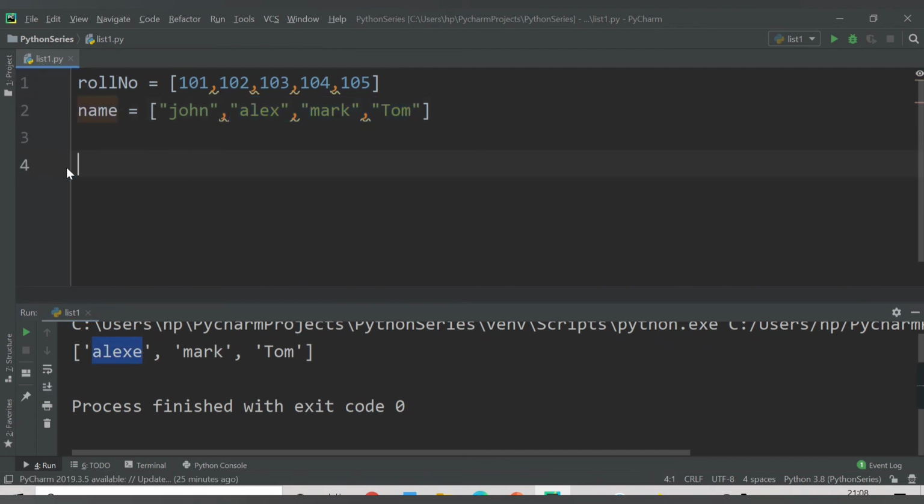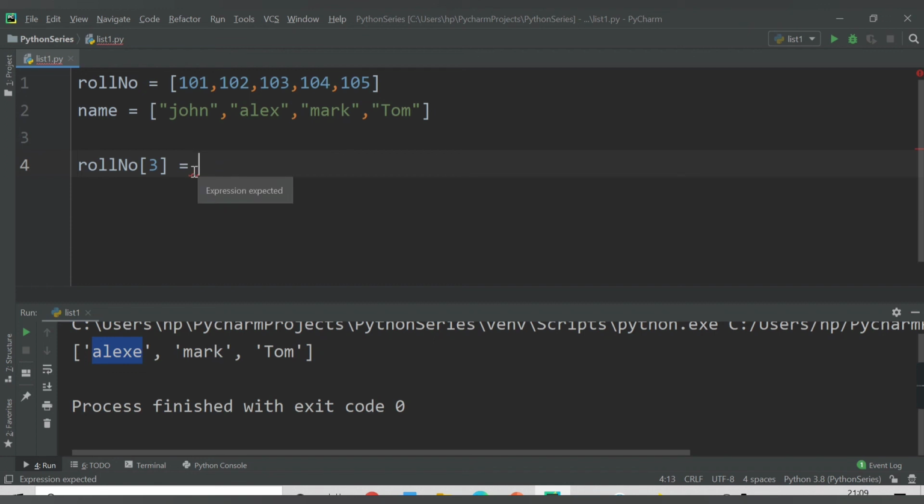So we have seen in this video how to add data items in your list, how to delete a particular data item from your list, and also how to change a particular value in our list. Let's say the first item is 101. You can change any value you want. Let's say roll number of 3. Roll number of 3 currently is this one, right? 0, first, second, third, 104.